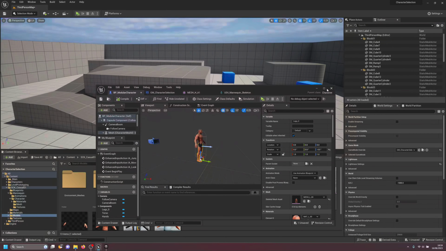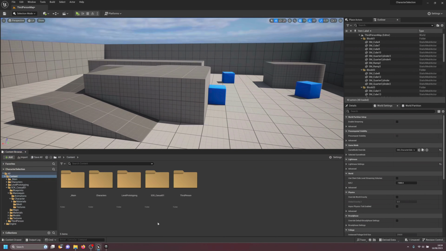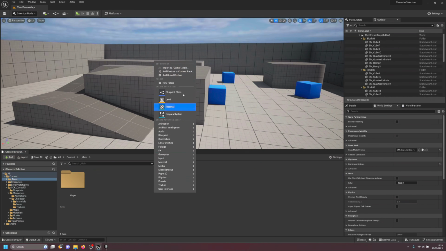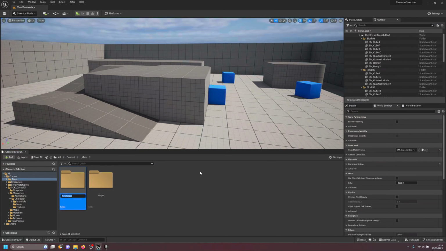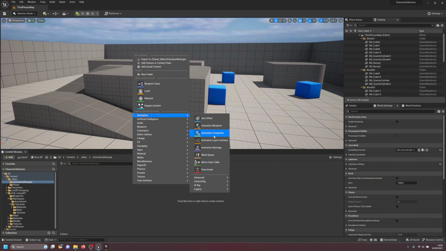Right, so let's close everything. And if you guys never worked with the Unreal Engine animation, it's really simple to do. There's just a couple of settings and setups that we have to do. So we're gonna go to our main folder. I'm gonna create another folder called animation retarget or something, right? I'm gonna right click in here, and then I'm gonna right click and create a new